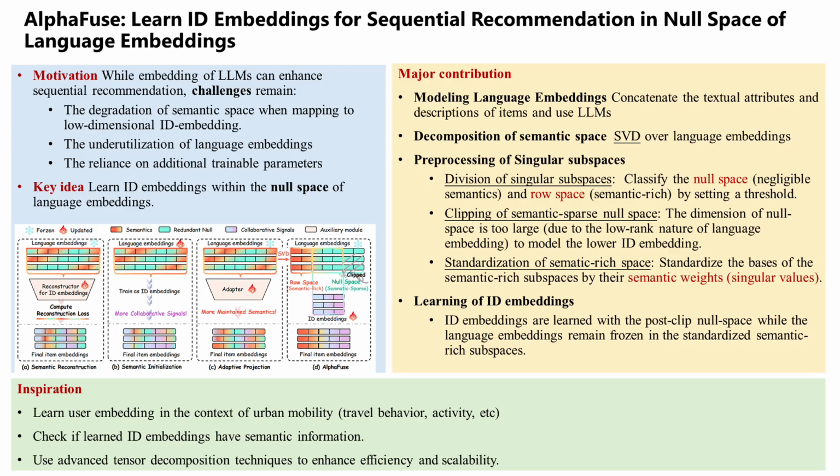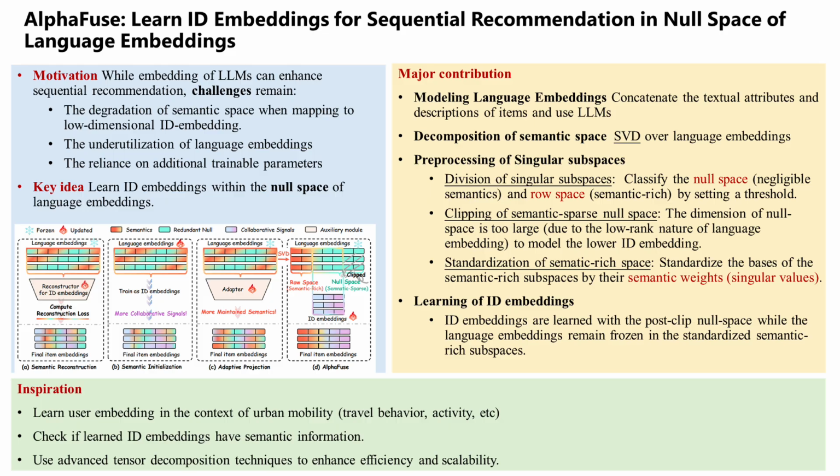On the movies dataset they tested, the null space was nearly 80% of the total space. 80%. So over 1,200 dimensions were just empty real estate. Empty and waiting to be used. AlphaFuse saw that what looked like a problem, high dimensionality, was actually the solution. Incredible. So we found the empty room.